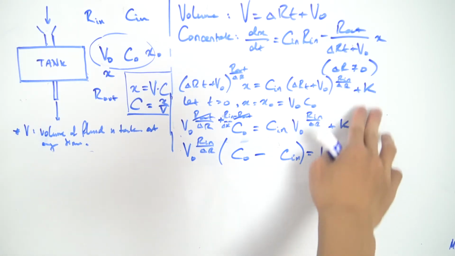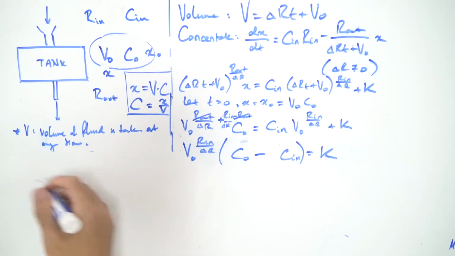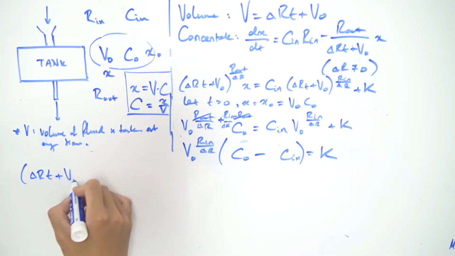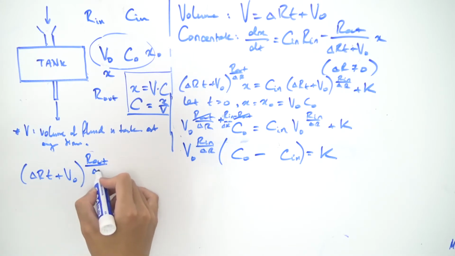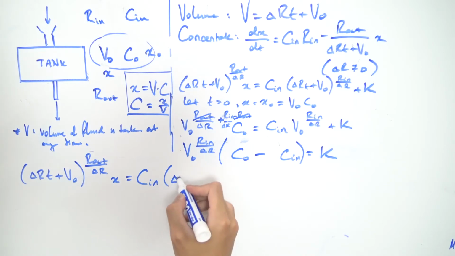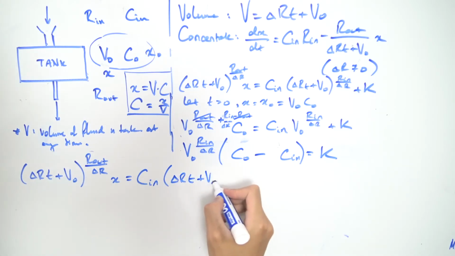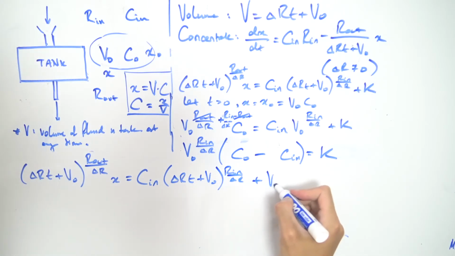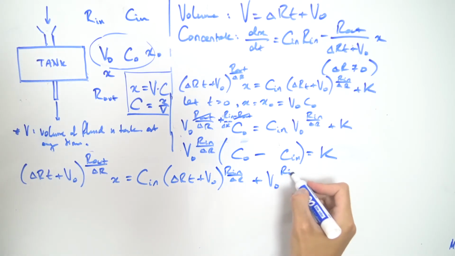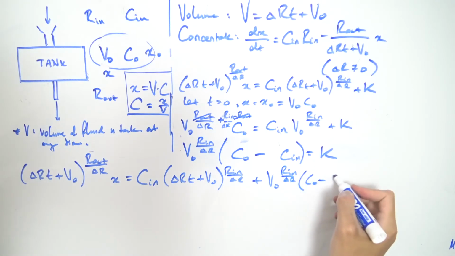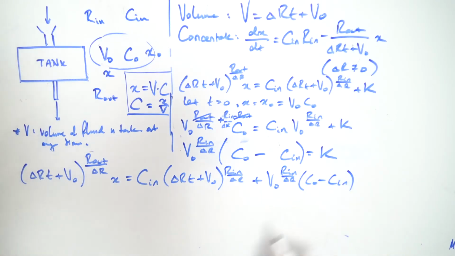So now if we plug this back into our equation that we had, we're going to get delta rt plus a v naught, r out over delta r times x is exactly cn delta rt plus a v naught, r in over delta r, and then plus k, which is a v0 to the r in over delta r times c naught minus cn. And now all that's left for us to do is divide both sides by this factor,